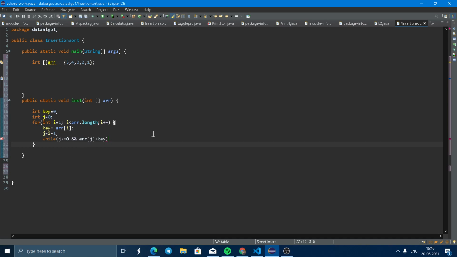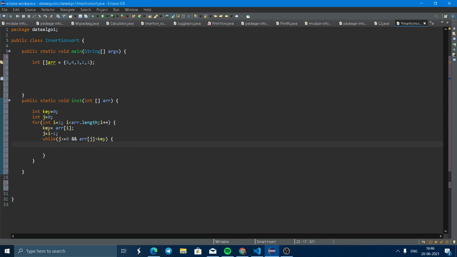Here j equal to i minus 1. i is 1, minus 1 is 0, so it is satisfied. Here j is right now 0, which means this place, 5. 5 is greater than the key value, which is 4. 5 is greater than 4, yes, so this loop will be executed.